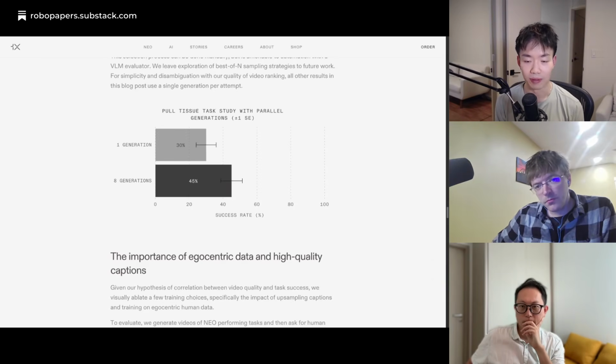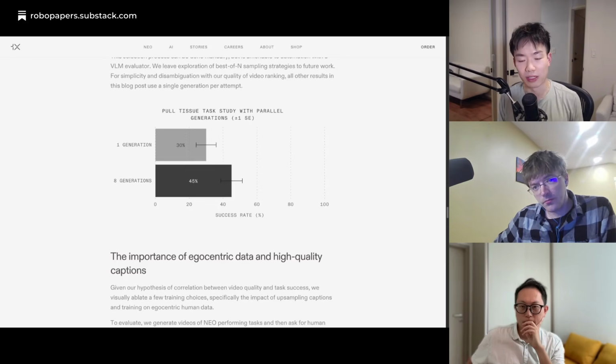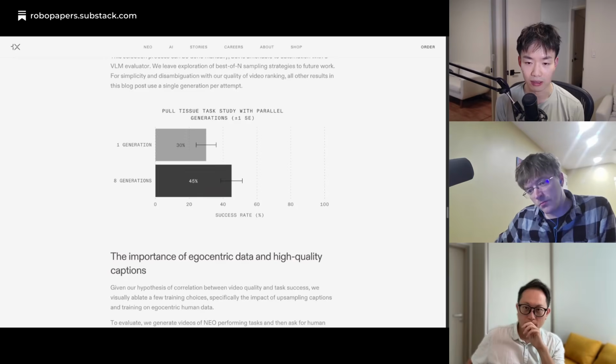Because it hasn't really seen this before in your robot data set. It's like, oh, there's many ways to do it. Usually it doesn't collapse, but I think measuring exactly how the trends line up there is future work.